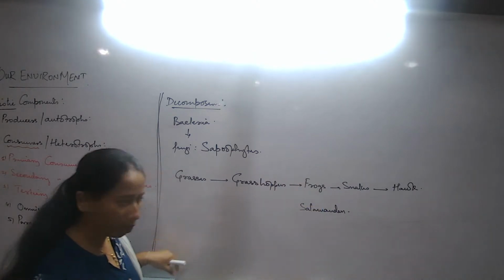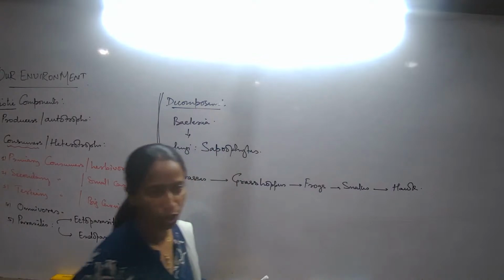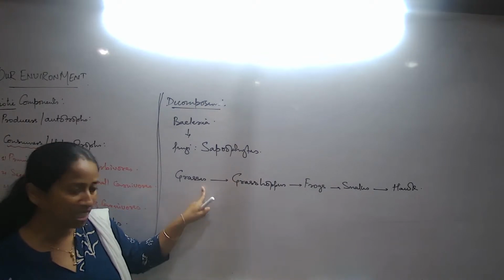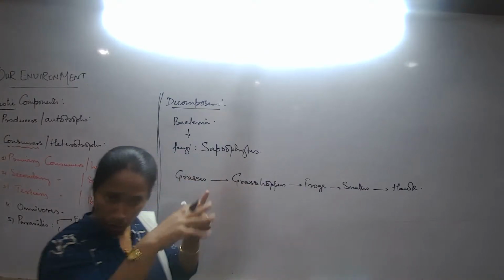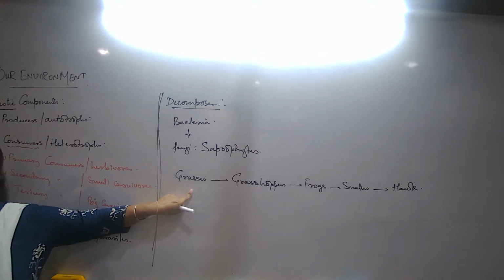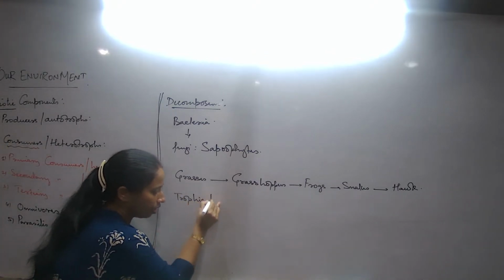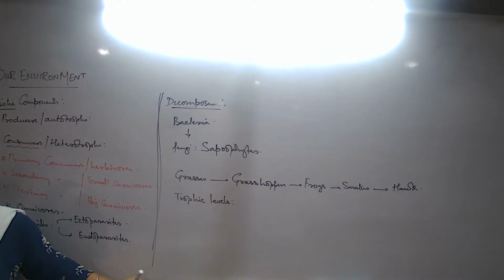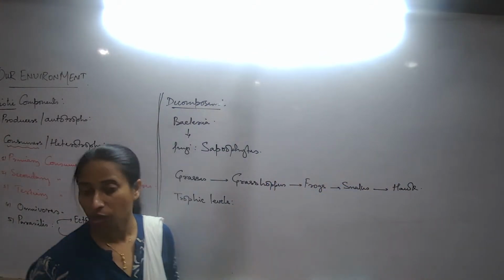Whenever we are talking about a food chain, there has to be a feeding relationship. Food chain means what? The feeding relationship. What type of food can one organism feed on? So one type of organism is feeding on something, and this is again being fed upon by some other group. If this is what is happening, this is what we talk about as a food chain. Now, when we are talking about this food chain, these are different levels. What are these levels called? These levels are called the trophic levels. Trophic level means every category of organisms in a food chain.